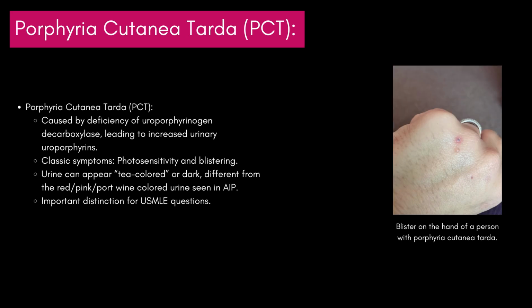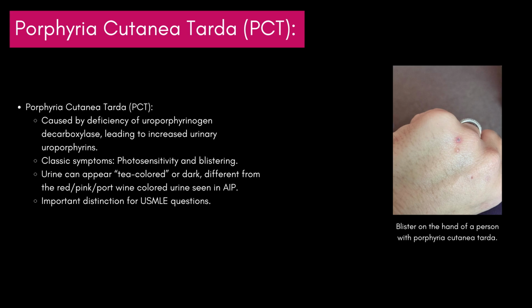Next, I'd like to take a look at porphyria cutanea tarda, PCT. PCT is caused by deficiency of uroporphyrinogen decarboxylase, leading to increased urinary uroporphyrins. Classic symptoms: photosensitivity and blistering. Urine can appear tea-colored or dark, different from the red/pink/port wine-colored urine seen in AIP. Important distinction for USMLE questions. Alright, moving on. Now that we have covered all of the content, let's go ahead and take